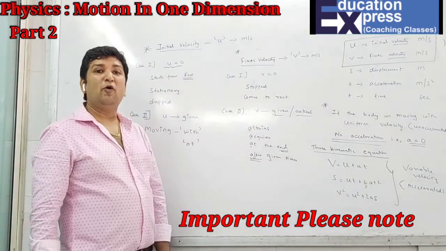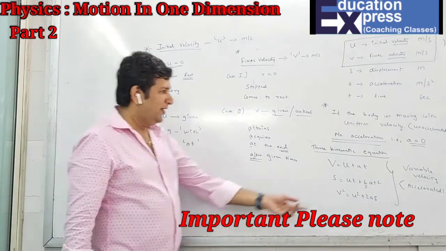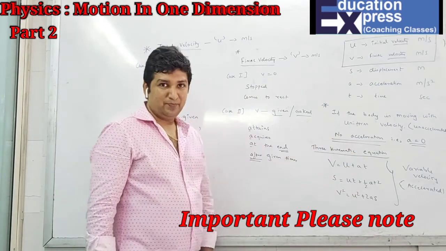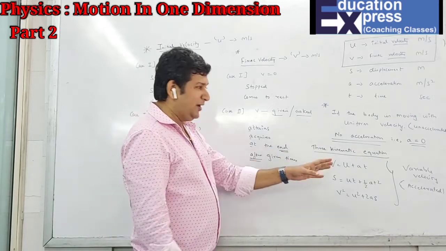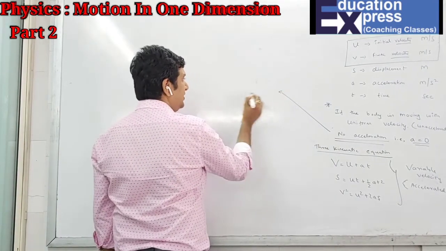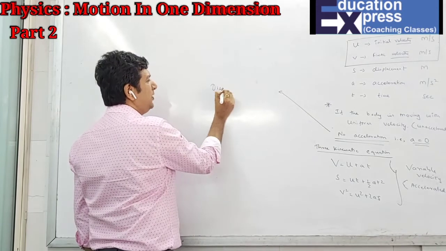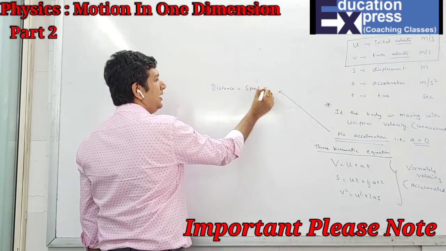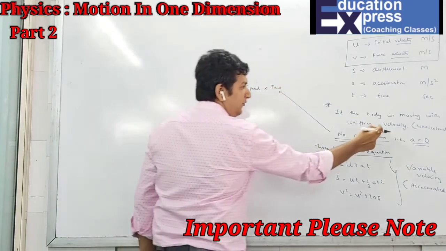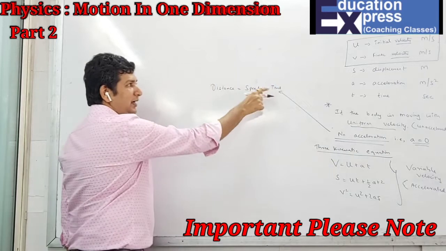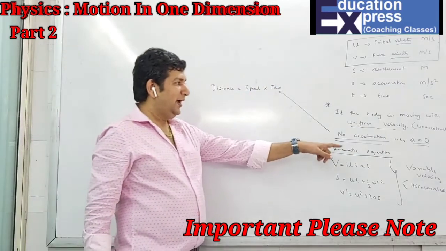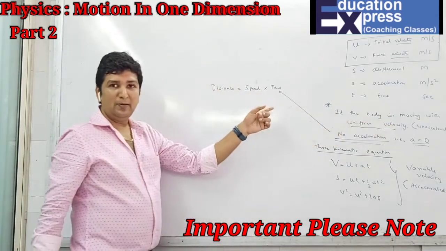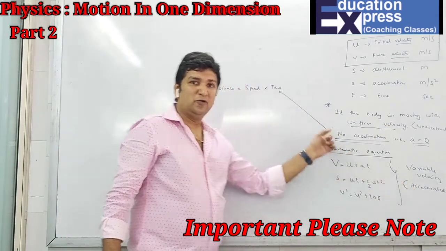That means in this case, if you want to find the distance, normally when it's variable, you can find the distance by obviously using the formula for S. But in this case, how will you find it? You cannot use this formula. Then you will use a simple formula for the distance: speed into time. The uniform velocity becomes normal speed into time. So if you want to find the distance for the body which is unaccelerated, you have to use the normal formula. And if the body is accelerated, you have to use this formula.